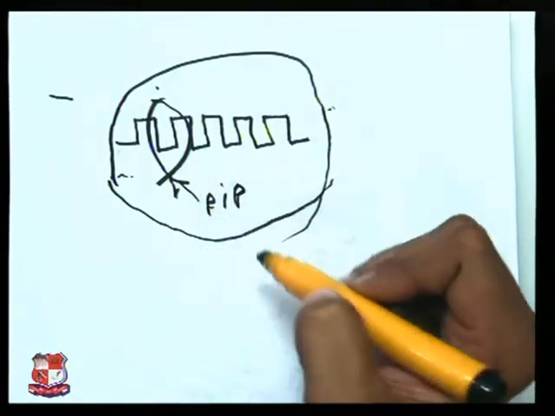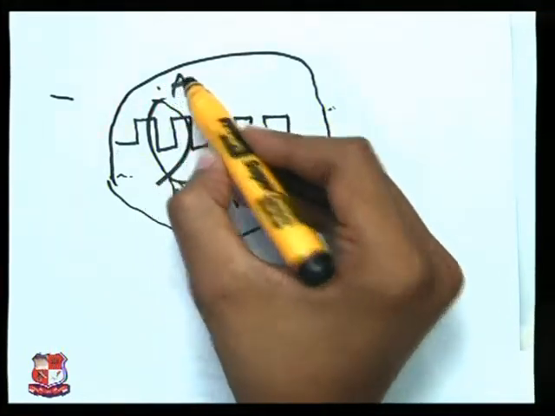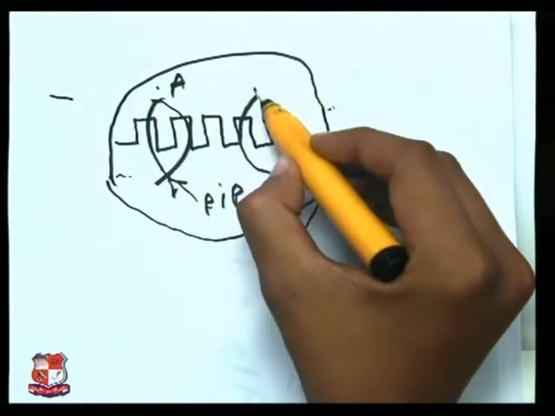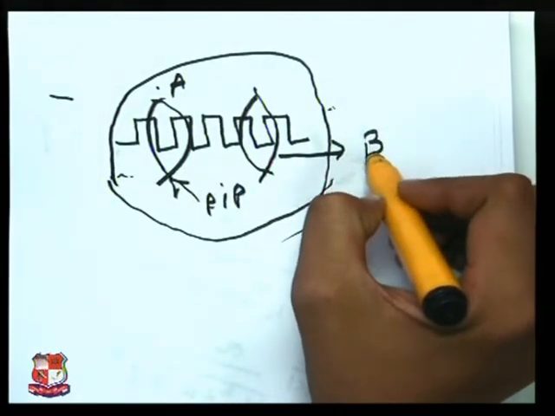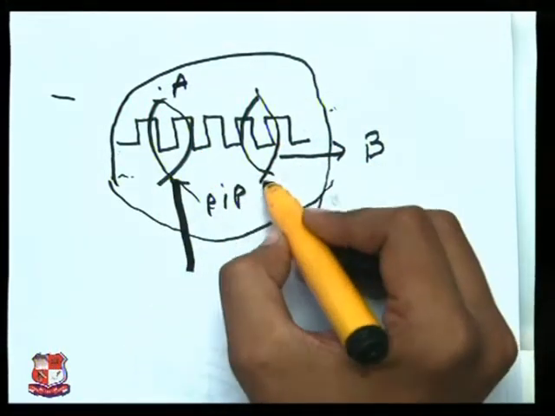It is called a trace. The first one is A, and in the same manner the second one is represented as B. And if we measure the distance between both of them,